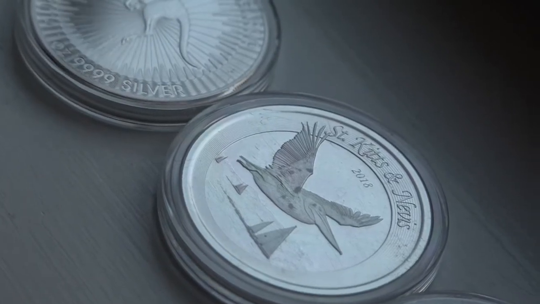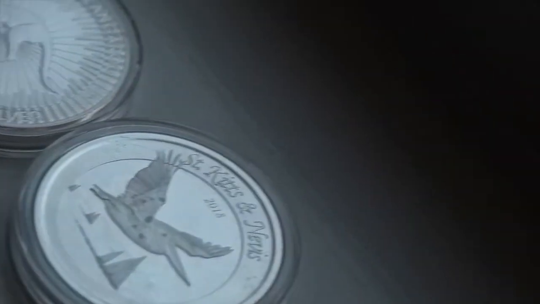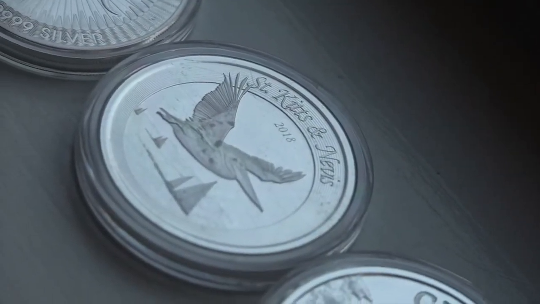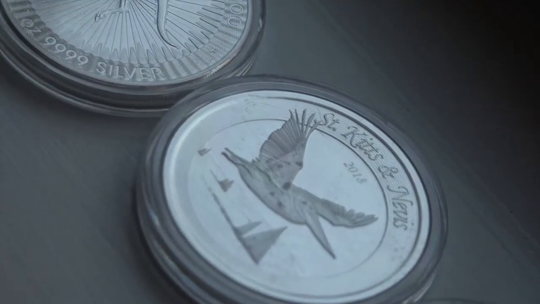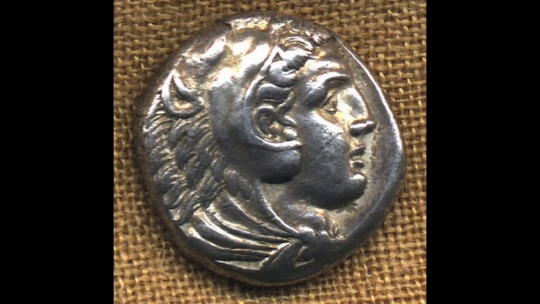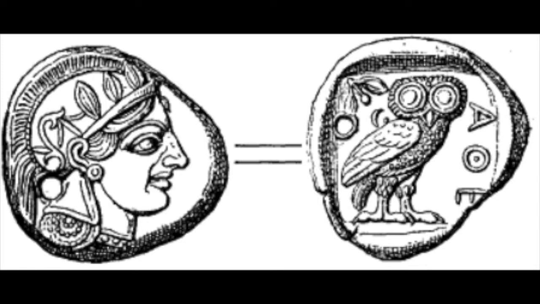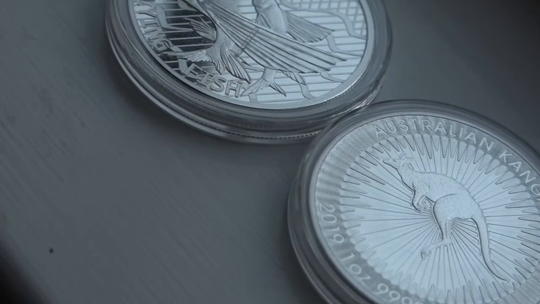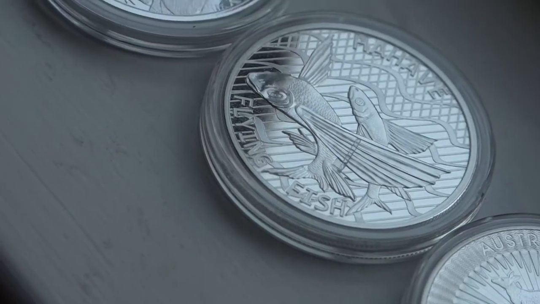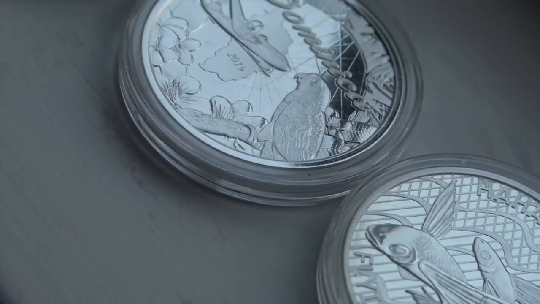Oftentimes, it could be something like the head of state, or a pharaoh, or any other leader in the nation that it came from. Like this. This is Alexander the Great on a coin. On the back, we would see a theme or symbol of the land, like this sketch. This is an old sketch from a coin that has the owl of Athena, obviously showing relations to old Greek culture. These coins and many coins today follow the same convention of obverse and reverse coin traditions.